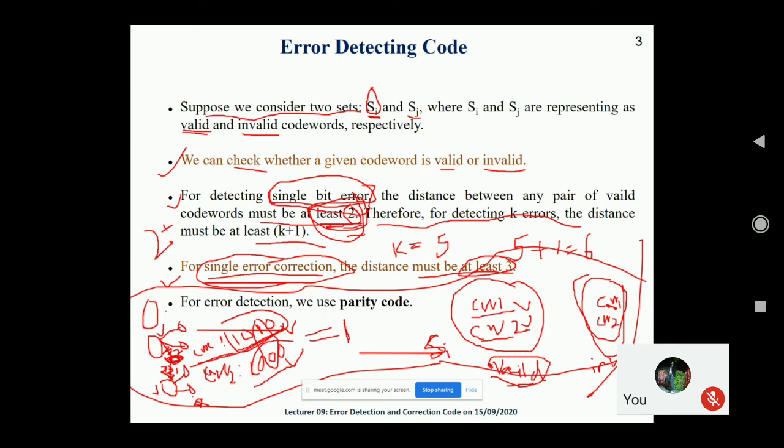Just you can add 1. For 1 bit error, 1 bit difference is also required. So total 2 plus 1 is 3. For single error correction, the distance must be 3. मतलब तब SI इनवैलिड हो जाएगा अगर दो एरर आया और